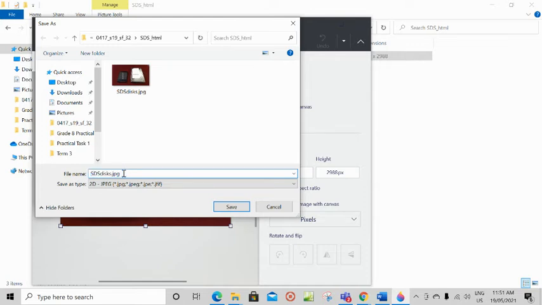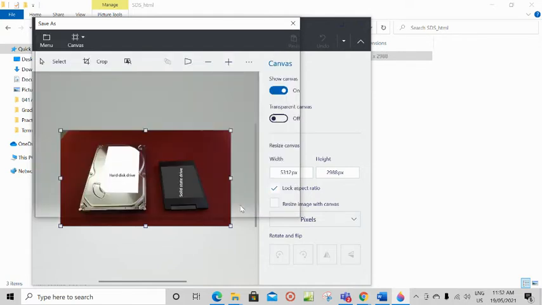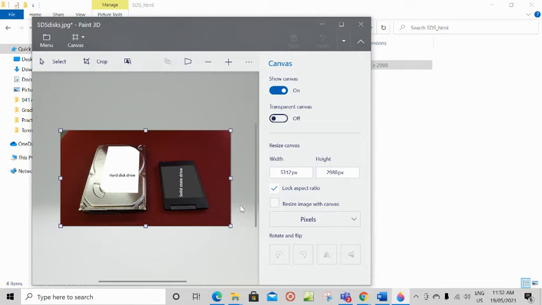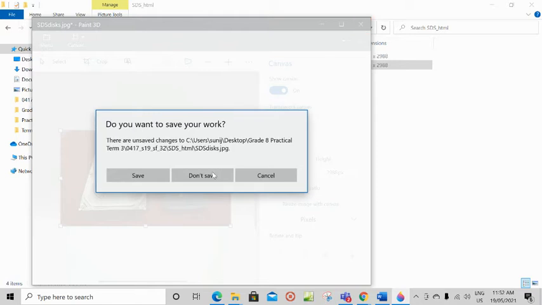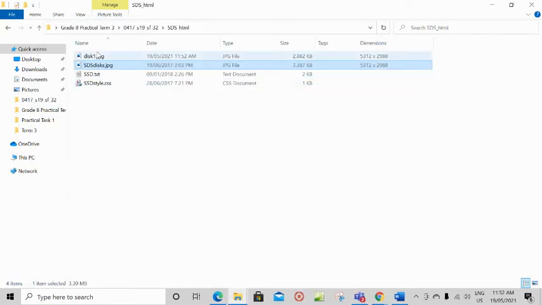We need to save it as disk1.jpg. Click save. So you can see disk1.jpg is saved in the folder now.